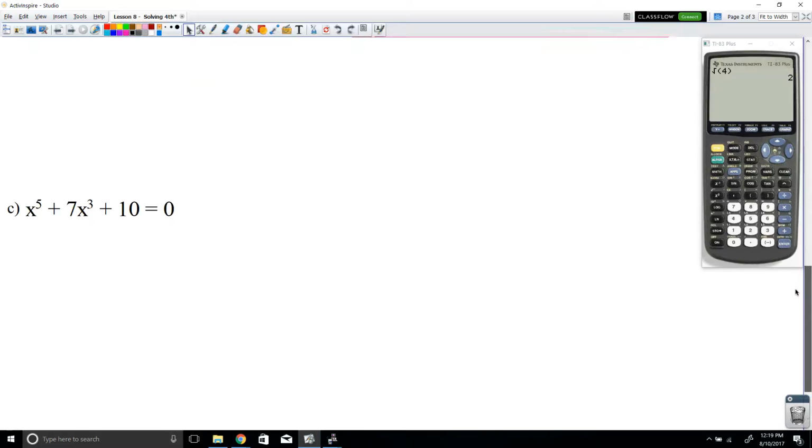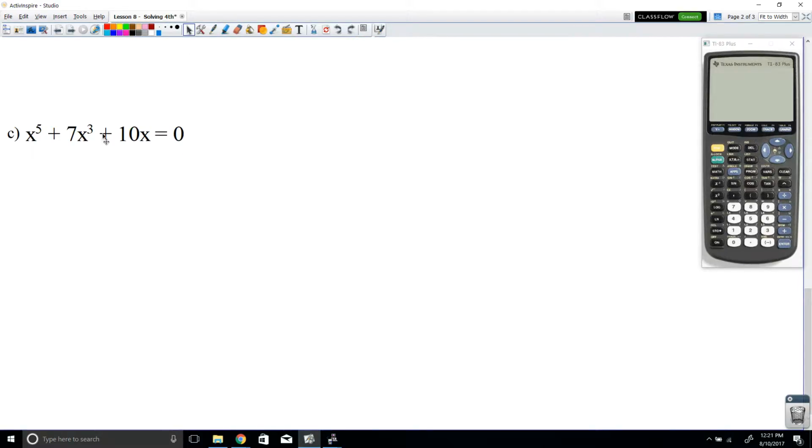Now, our last example here. Notice that we don't have the same setup as the x to the fourth and x to the second, but this problem is exactly the same as the first problem, just a little bit different, if that makes sense. Because in here, every single term has an x. So in examples of this form, if you notice that they have a like term, which in this case is x, we can factor out that term. So if we factor out